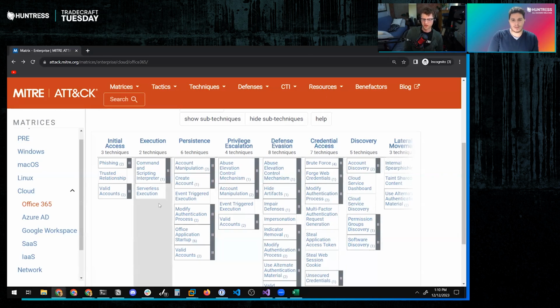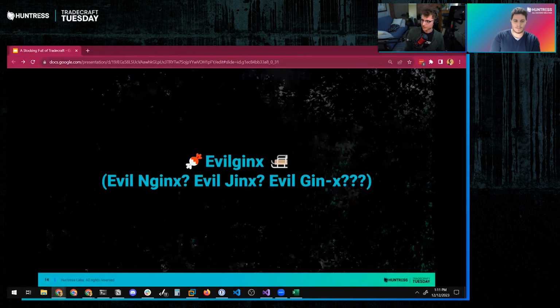So the amount of tactics that are available to threat actors in the M365 space are fewer in number than they are in other areas, and that naturally lends itself to the attack chain being a lot shorter. So what that means is that when this stuff goes down, it's fast. It is very fast.